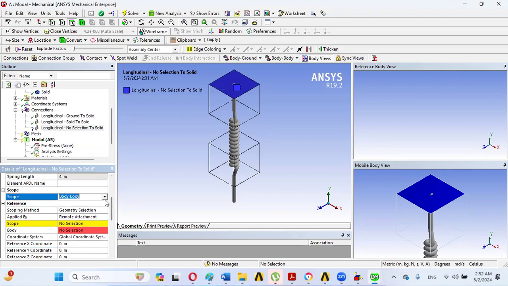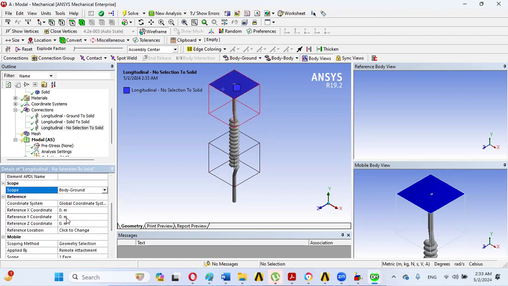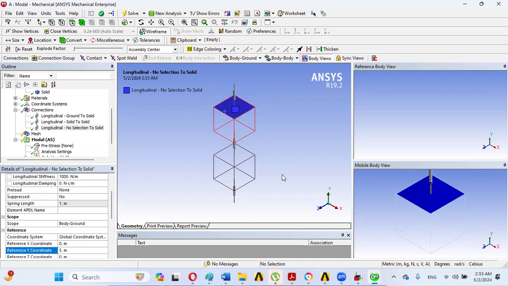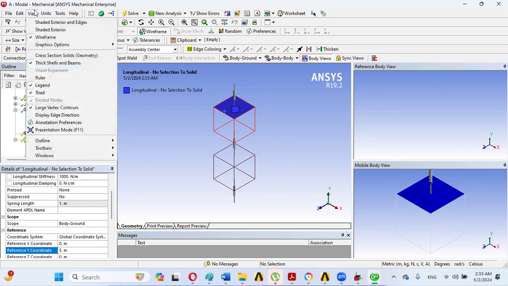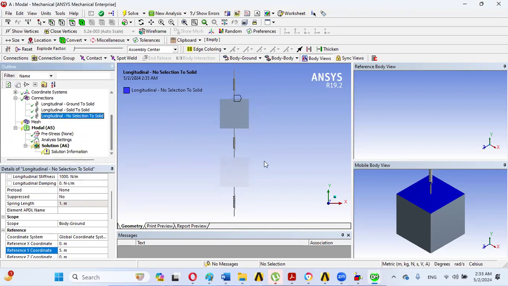First of all, we can select here body dash ground. So now we can input it to be 5 meter. So as we can observe, all three springs have been shown here. So in this way, in shaded exterior, all three springs have been placed, and now we will be applying actually remote displacement,